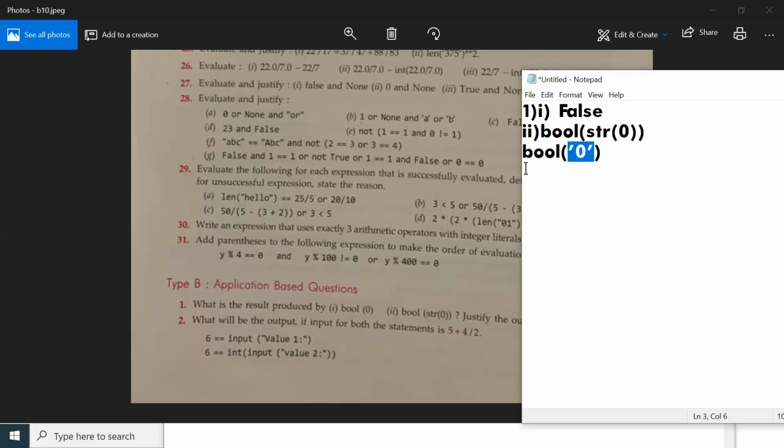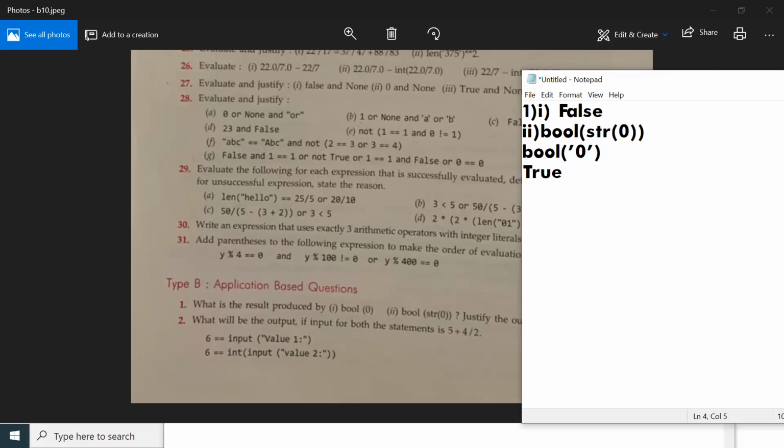Now you have to evaluate bool of the string with the value 0. When we talk about strings, only the null string has the value false. All the other strings have the value true. So bool of str of 0, the result is true.